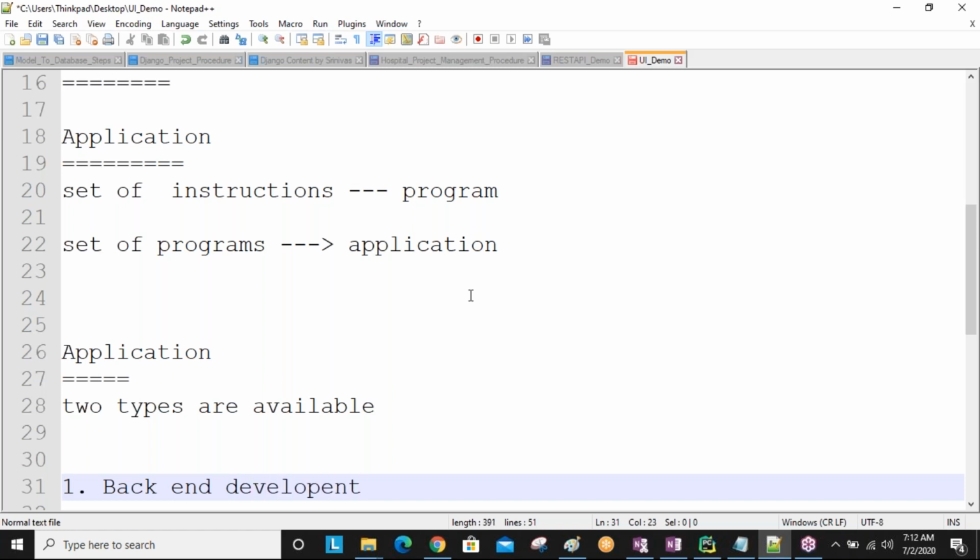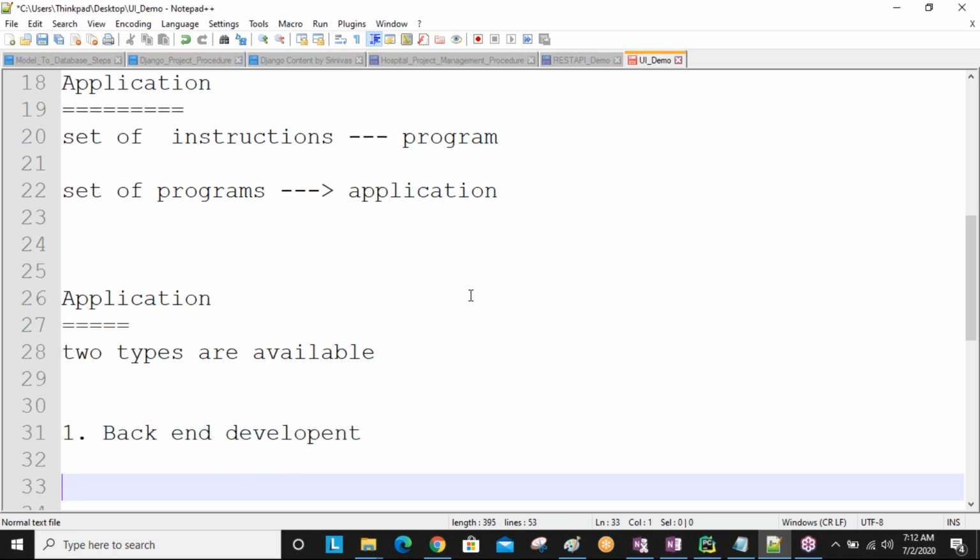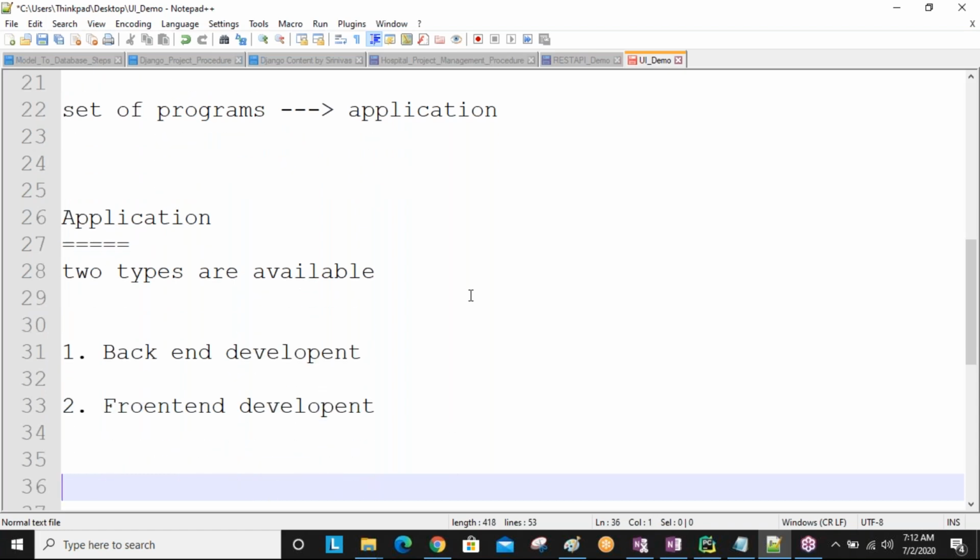The second one is front end development. If you develop both back-end development and front-end development together, then we complete one application successfully.